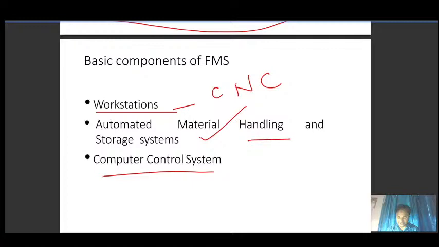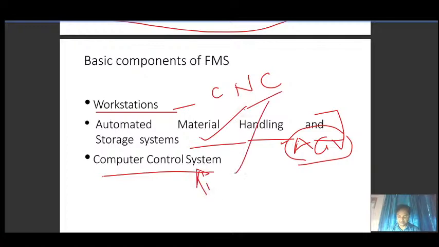Automatic material handling system becomes your loading and unloading, shuttle cart and pallet, and then the AGV, automatic guided vehicle, that is also a part of the material handling system, and then computer control. That means all the CNC machines will be connected to the computer. The material handling system is also connected to computers. So from computers you can give commands, change the commands, change the instructions.